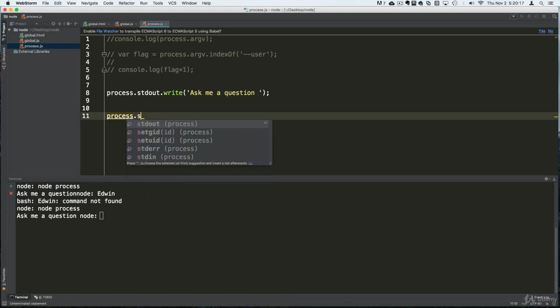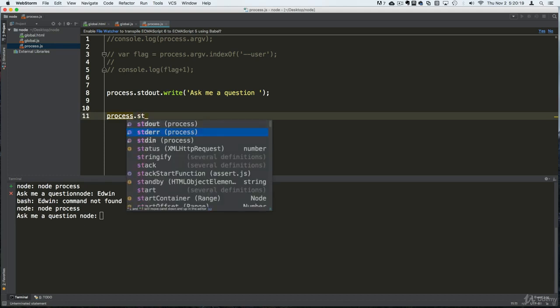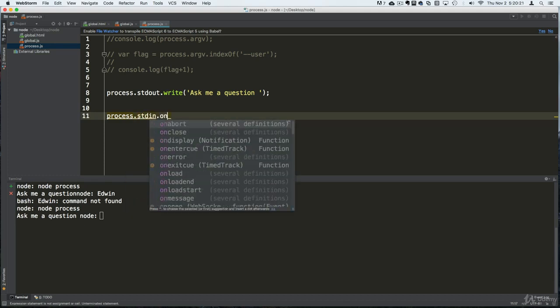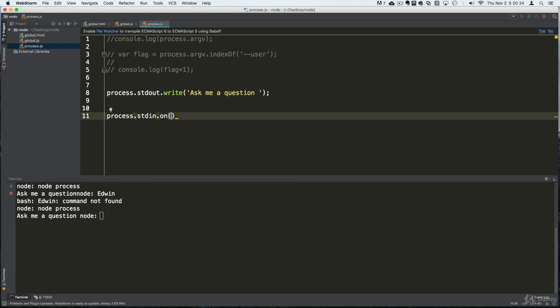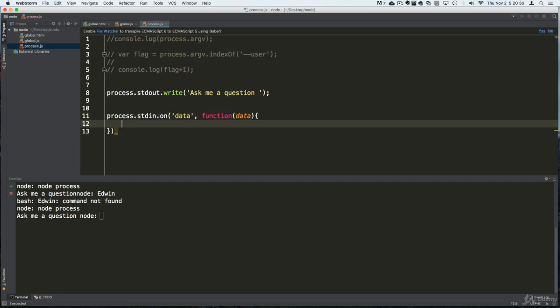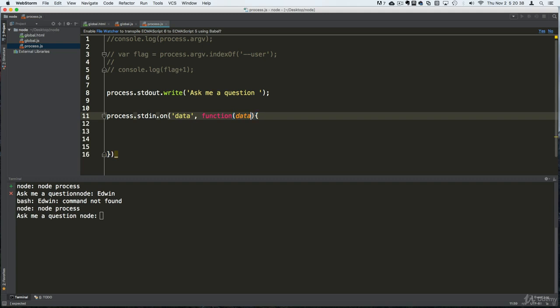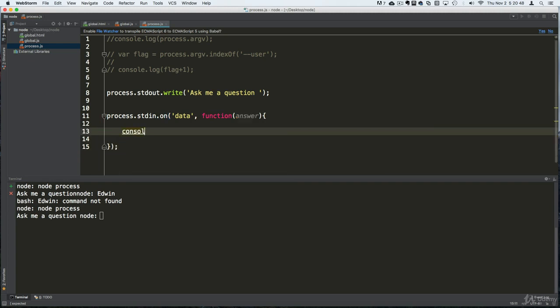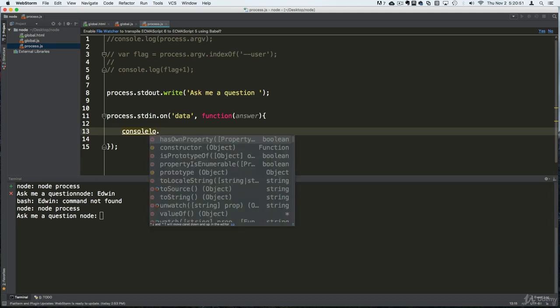Okay, so the standard in object is going to allow us to hook into that a listener, and it's going to be a data listener. Okay, and that's the name of it, and it's going to receive data here. You can name that whatever you want. Okay, and you can just say answer here, because it has a callback function that is going to get that information, or that data, out. So let's console out that data